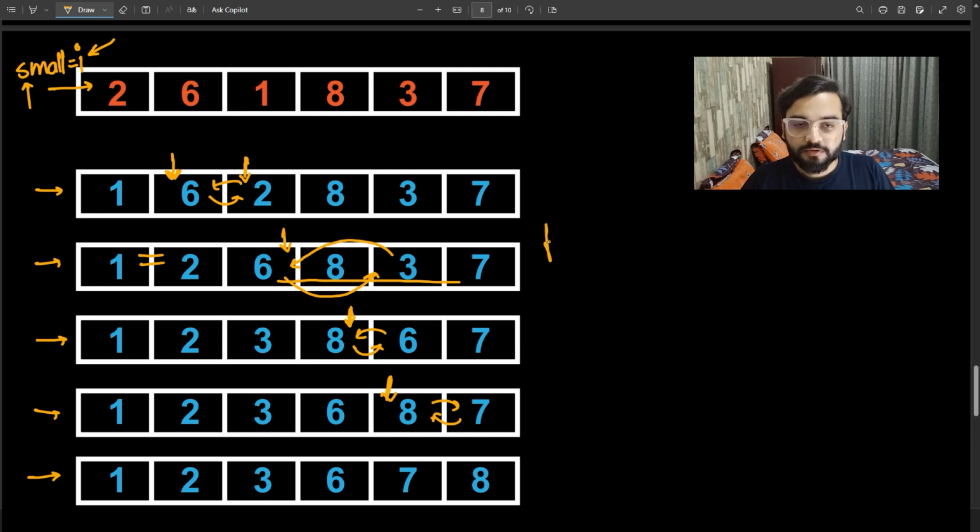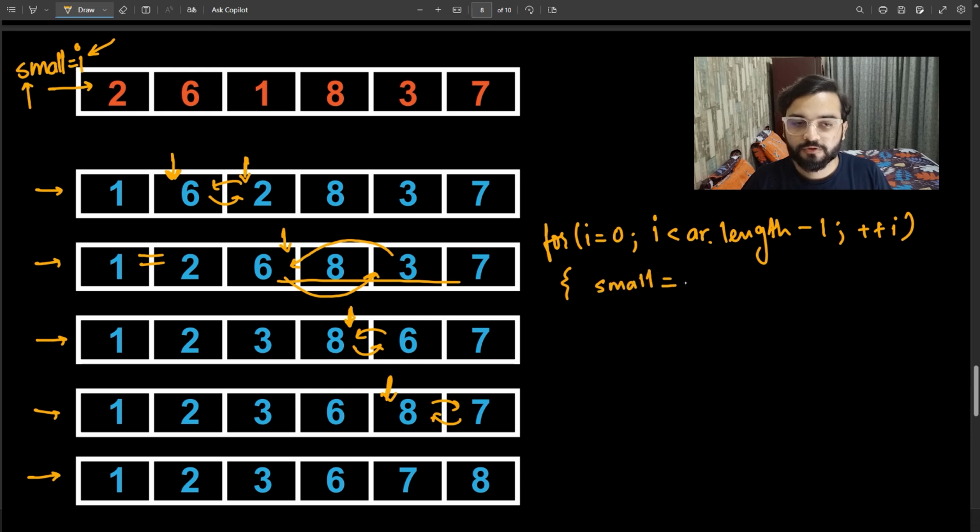So again, we will start with the very first index, that is i equals 0. We will go till the second last element of the array. I will take one variable small, where I will assume that the smallest number present is at the ith index. Next, I will take another loop which will start from the next index of the index where i is starting,